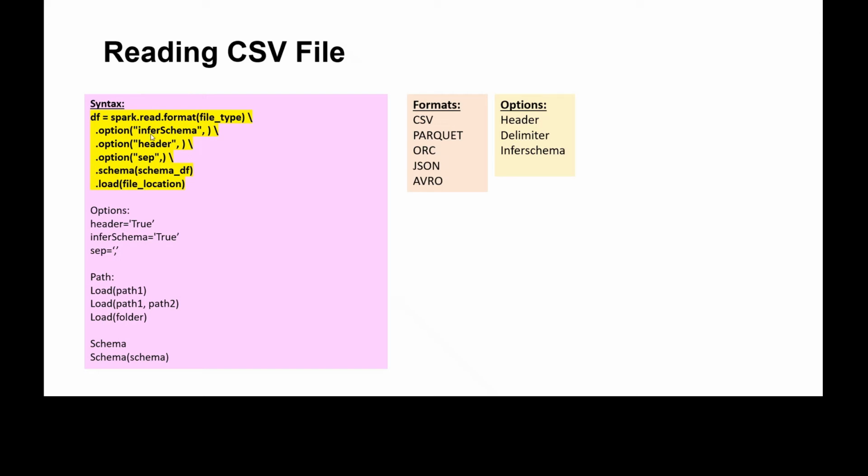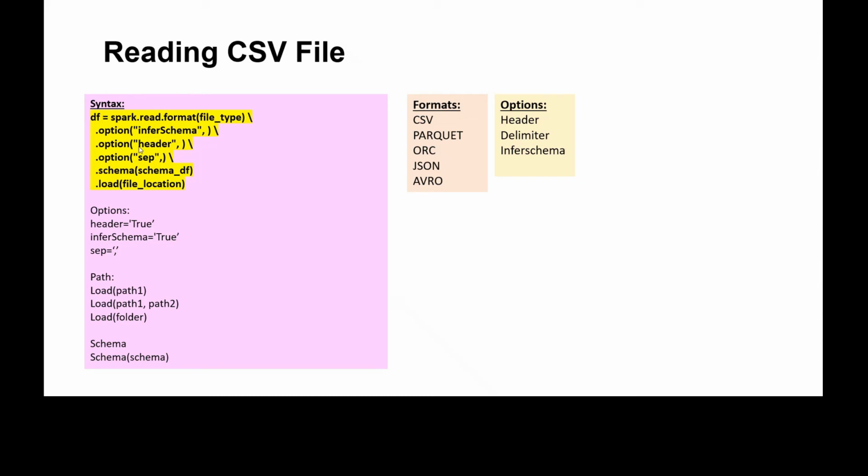But this is not recommended because while giving this option, it will read the entire data first, then it will infer the schema, and once again it will read the data for actual reading to create the data frame. So this method, inferring schema, that is not recommended because it will hit the performance. Why? Because it will read the data twice, once to infer the schema, again to create the data frame. So this is not recommended, but during unavoidable situation we can give.